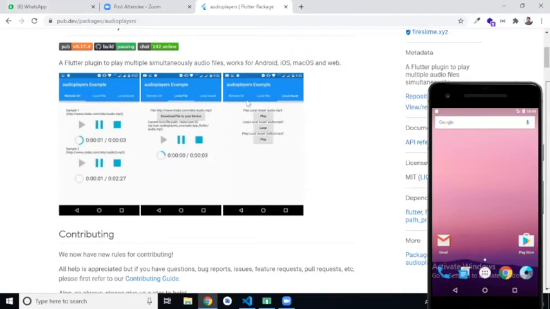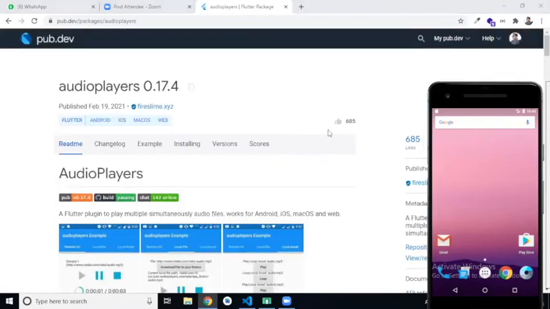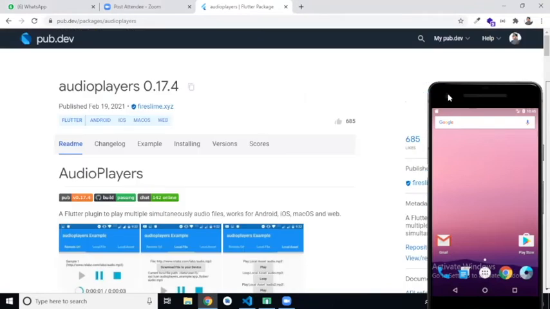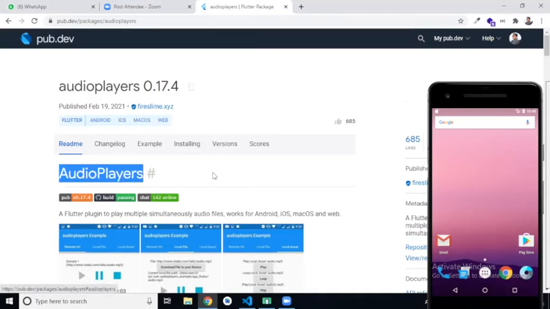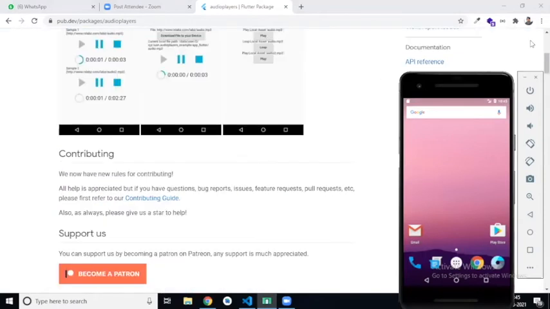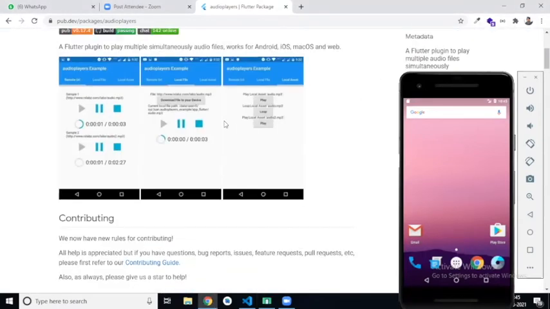Dibya just joined. For this music player, we will use the audioplayers package. With the help of audioplayers, we can play our local music from the file explorer, our asset music file, or a file from the network with the help of a remote URL.